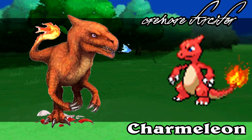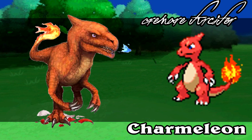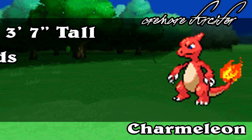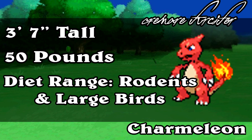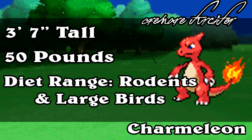Strong opposition excites this Pokemon, and it is eager to test its strength against a worthwhile foe, oftentimes disregarding common sensibility to do so. Charmeleon is 3 foot 7 inches tall on average, and weighs about 50 pounds. In order to keep up with its chemical processes, this stage of Chimera family must eat constantly. Given that Charmeleons eat a variety of things, from small rodents to large birds, this fiery Pokemon is always on